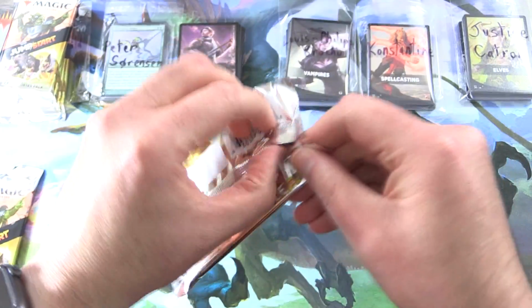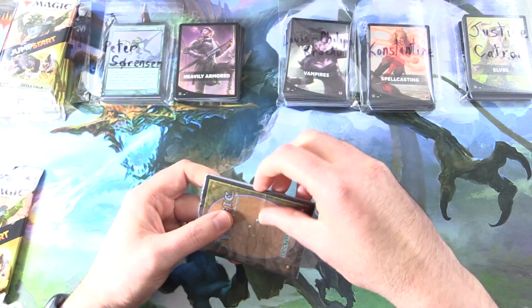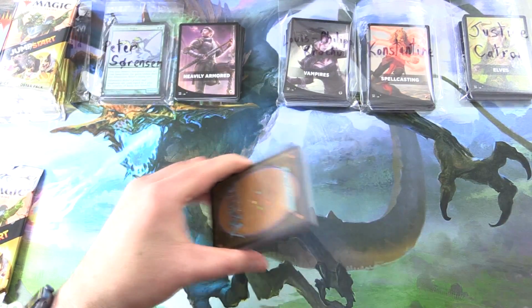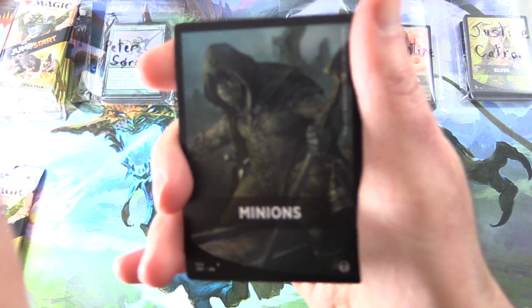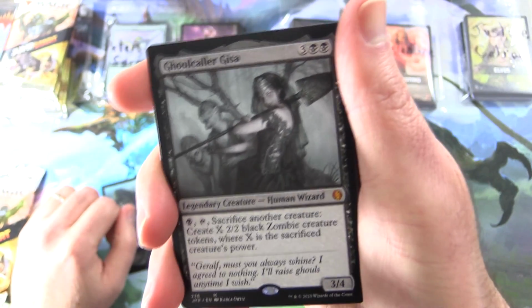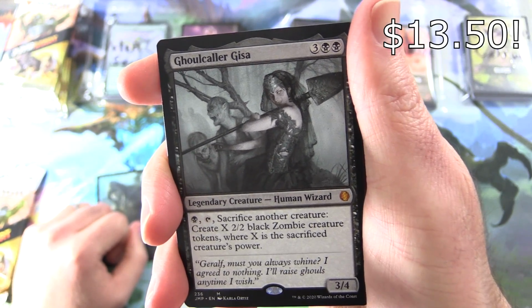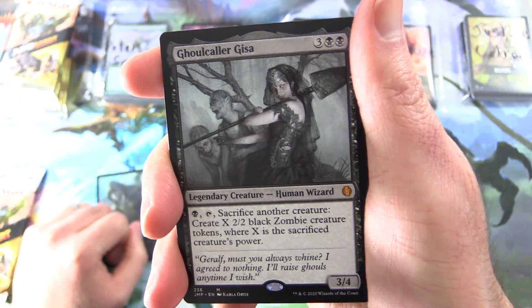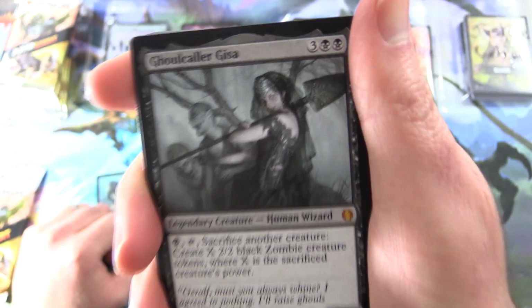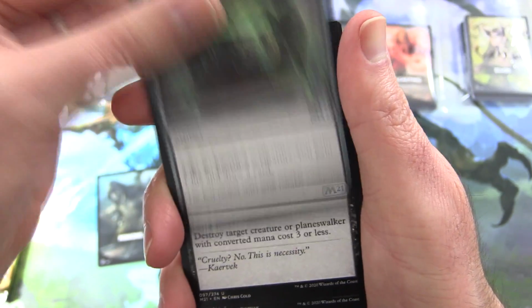Okay, next pack for Peter. So hoping maybe we can get another Elves in this video. I'm still holding out hope for Goblins, but no, it's Minions. The Minions have a Mythic Ghoul Caller Giza, legendary creature, human wizard, 3/4 for 5. So you pay black, tap, sacrifice another creature, create X 2/2 black Zombie creature tokens, where X is the sacrificed creature's power. Very creepy indeed. Witch's Cauldron,